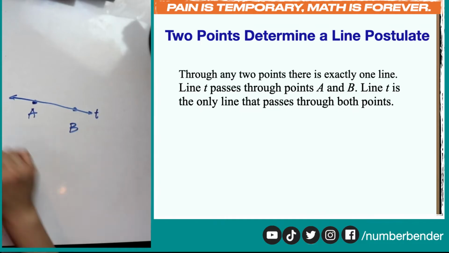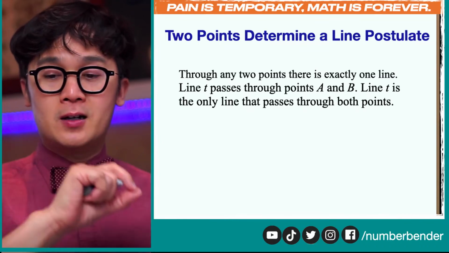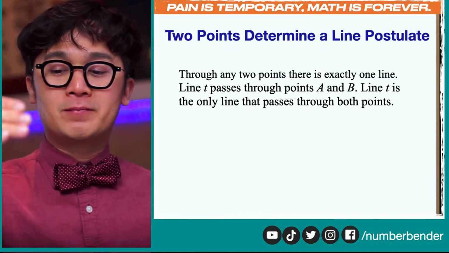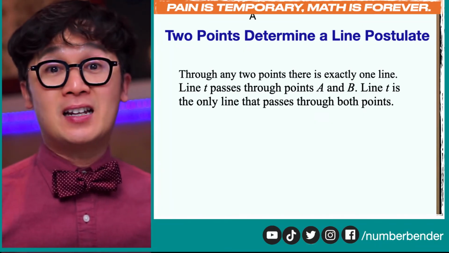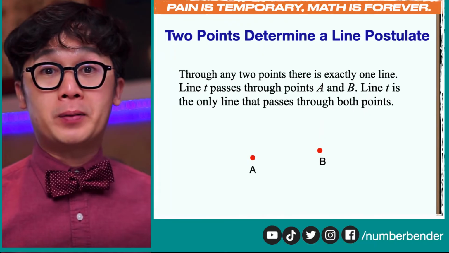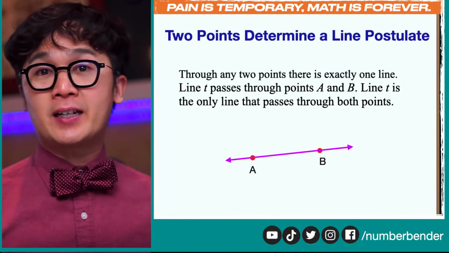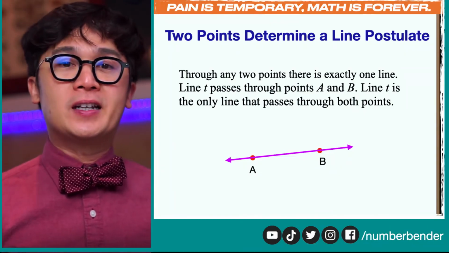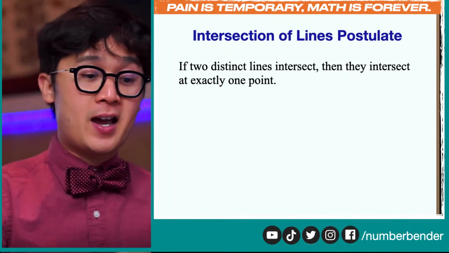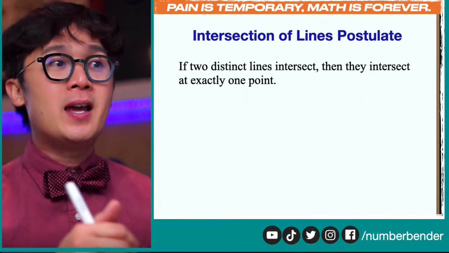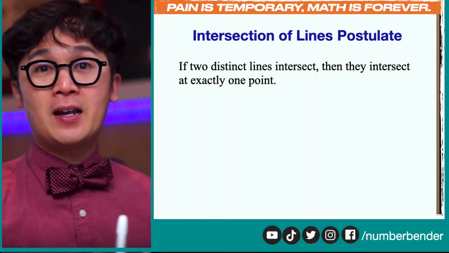So if we have 2 points, those 2 points will always be contained inside a line, and in this case we named it line T. So point A and point B, if we connect this, we'll have this line right here, which is line T in this particular postulate. So if we have a postulate for 2 points, we also have a postulate for intersecting lines, and the intersection of lines postulate states that if two distinct lines intersect, then they intersect at exactly 1